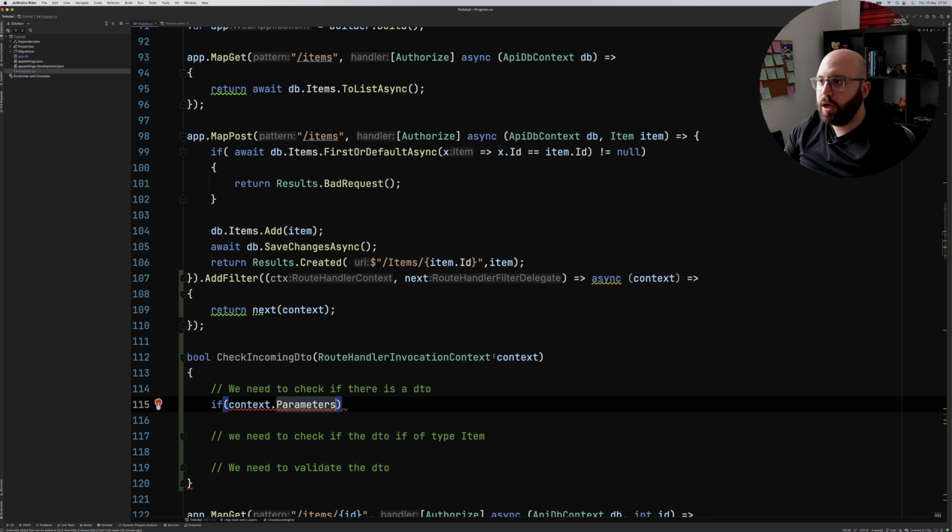So if context.parameters, and we can see here that for this action, for this endpoint, we have two parameters. We have the DB context, which is going to be injected automatically for us, and we have the item one. So these basically, they're going to be in an array. In our case, it's going to be an array of two items. So the first one is going to be the API DB context, and the second one is going to be